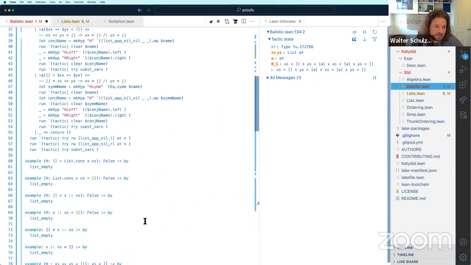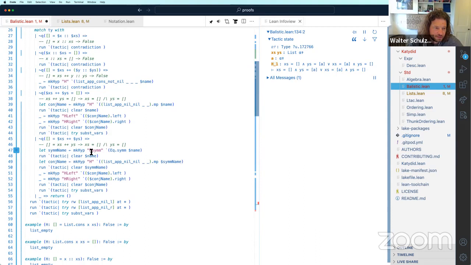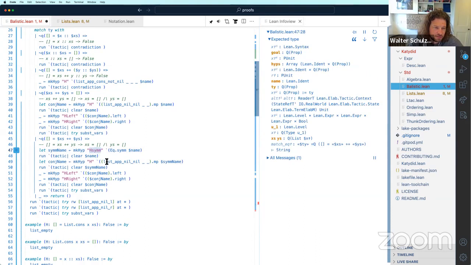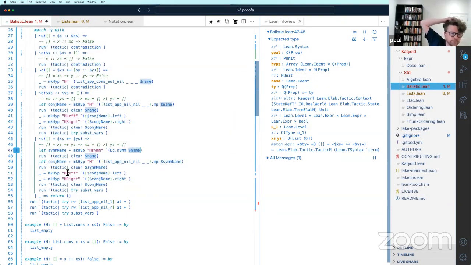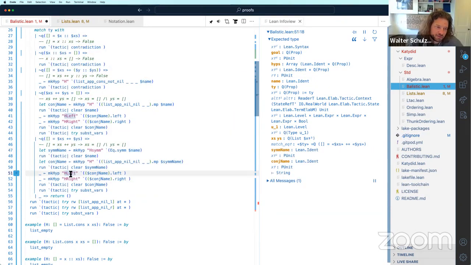Yeah, so some things are interesting here. Like I want to say hsim is actually not hsim, but whatever this name is, symmetric. And in the end, by the way, I just have h left and h right, so this actually doesn't matter.